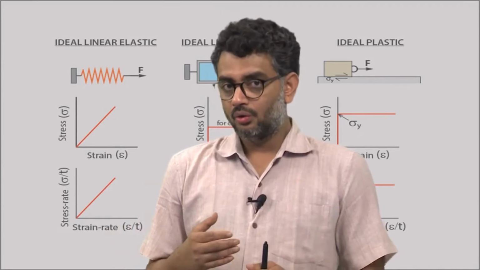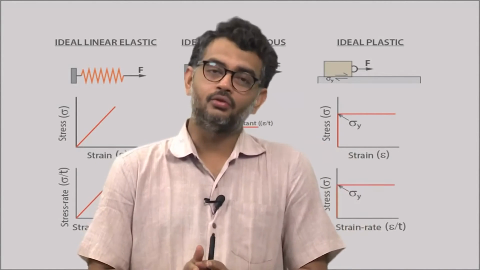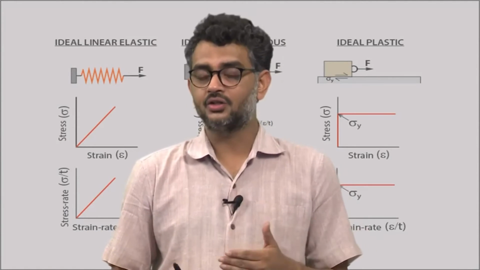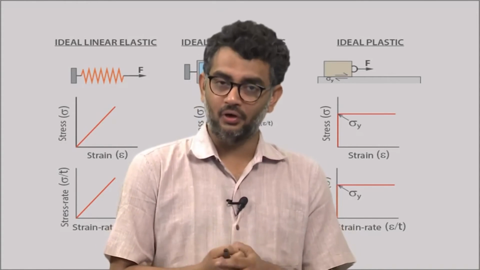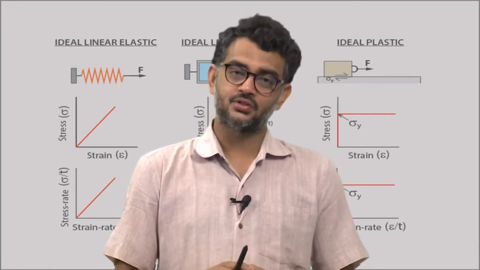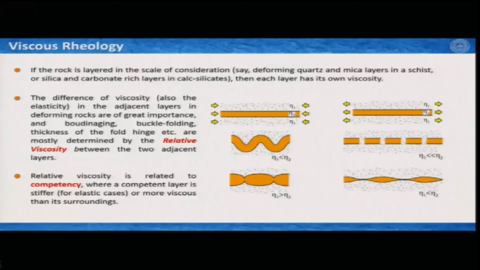So, why do we see these kinds of differences when we know that buckle folding just needs layer-parallel compression? These are all functions of the viscosity between the layer we are considering, which is being folded, and its surrounding rock, which must have a different viscosity to produce a fold. So, here is one example. For example, this orange layer is embedded in another layer, the matrix, and if this matrix has viscosity eta 1